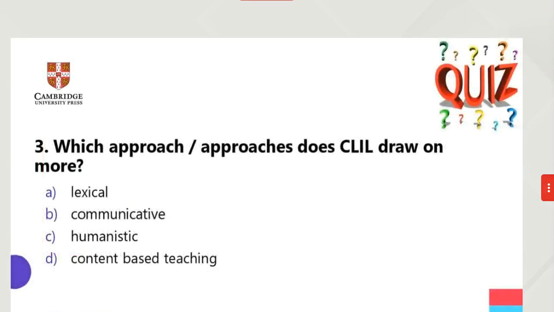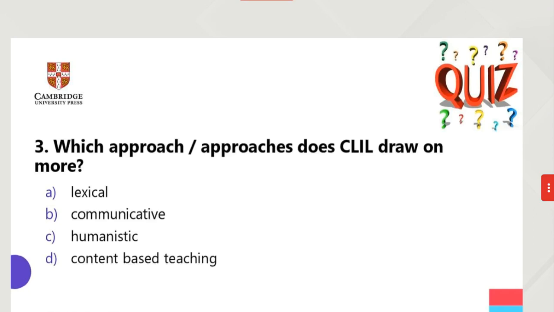Which approach or approaches does CLIL draw on more? A, lexical, B, communicative, C, humanistic, or D, content-based teaching? If you'd like to type in the chat box, A, B, C, or D, which approach or approaches? D, D, D. Okay, so yes,